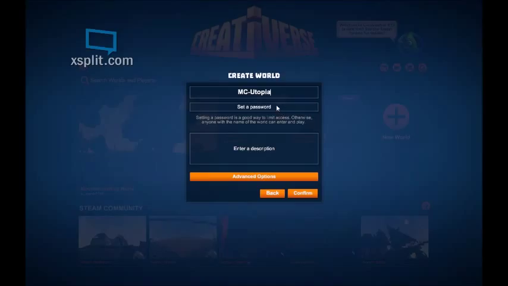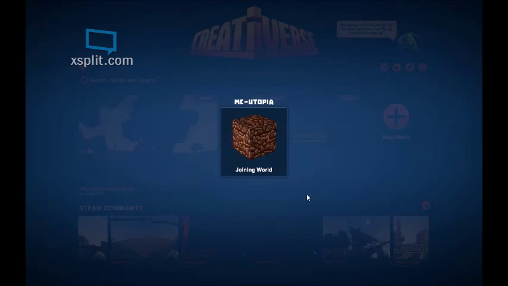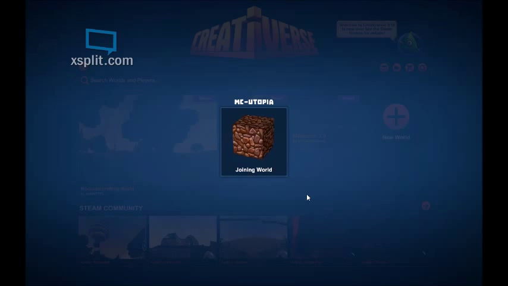MC Utopia. Do we want a password? Yes, I'm going to go ahead and type in the password, but I'm not going to show you guys what the password is, because we're going to keep this world secret for now. Alright, so we've entered the password, and we've hit create the world, and now it's just going to load it up for us. And while we're waiting...